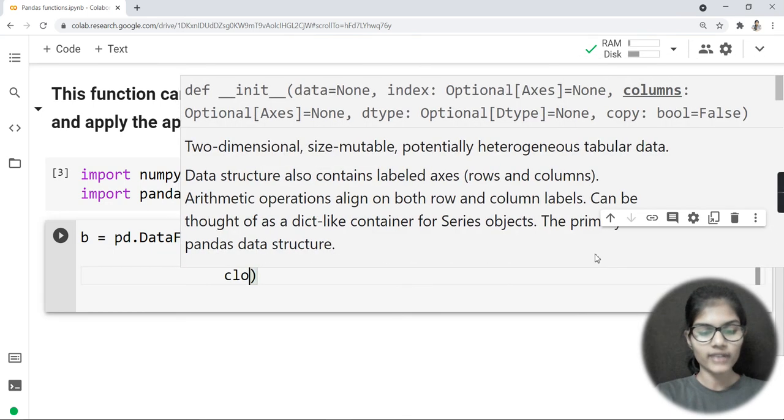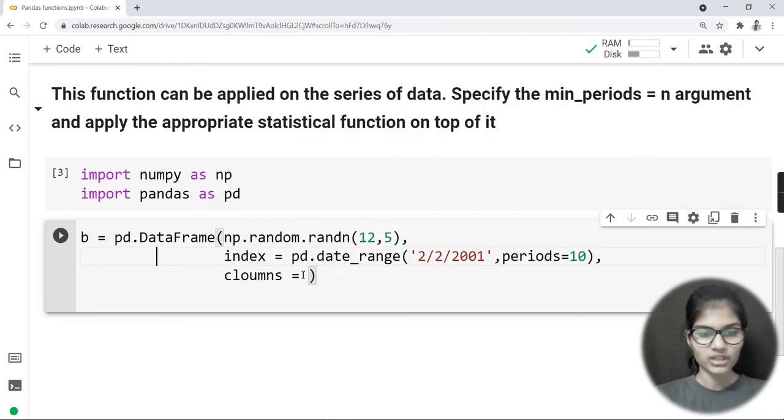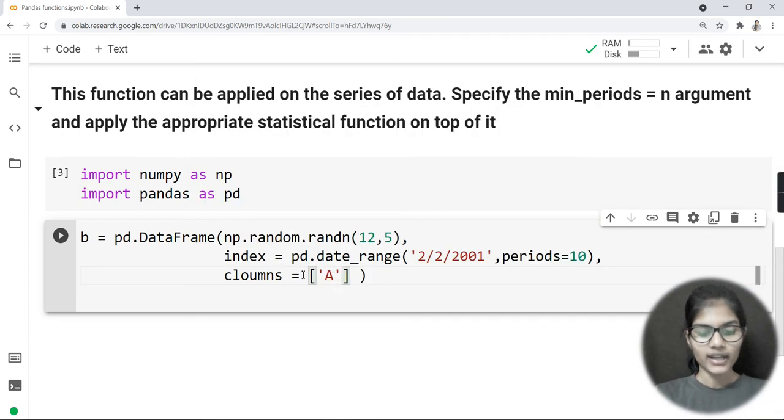Now it's the turn to define the names for the columns, right? Now I want to define what names for the columns I want to give. Fine. So I would make a list. In that I would define, let's say 5. Now, why 5? Because above, whenever I used my random function, that is the number of rows and number of columns I want. The first number which I passed is for the number of rows, and the second one which I passed is for the number of columns you want. Okay, so I want 5 columns.